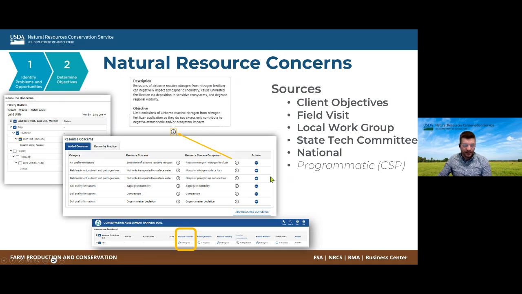Obviously, our client objective is going to be a big part of that equation. They may not speak in the terms of our resource concerns. However, they're going to express what their needs are for their operation, and then we can convert those into our scientific technical understanding of resource concern components. We may do a field visit where we identify issues that we need to bring to the client's attention,